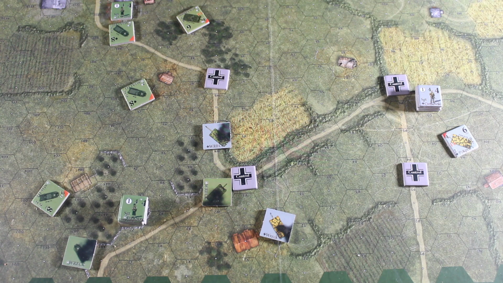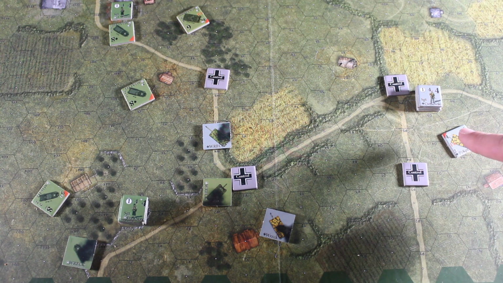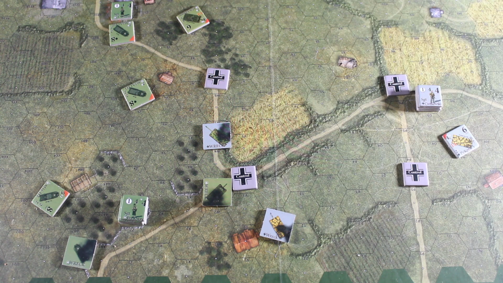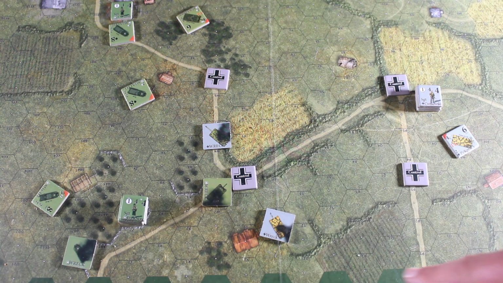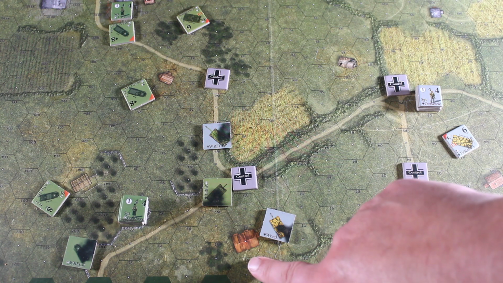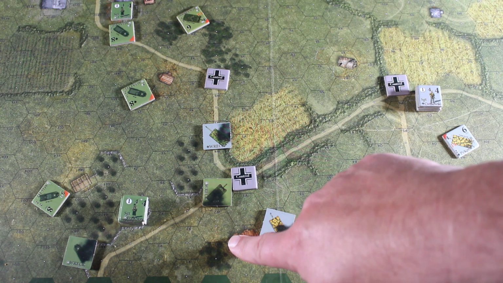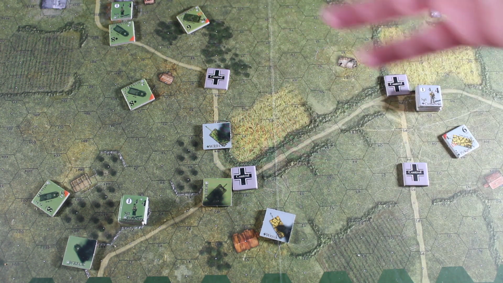So the Americans have pushed their luck, and it didn't work. They rolled a Jackson in, and the Panther, laying in wait, knocked it out as soon as it came into view. It effectively means now that the Americans have only got 1 Jackson left against 1 Panther. However, the Americans were able to dislodge the infantry down here. So they have now effectively taken these 2 control objectives, we will say. I mean, you have to move into the hexes, but